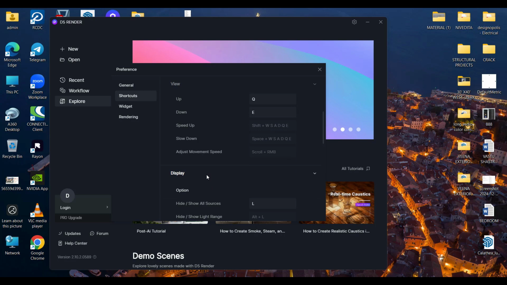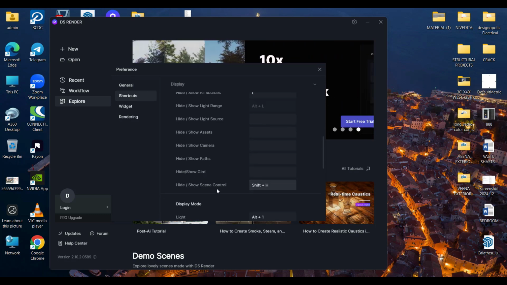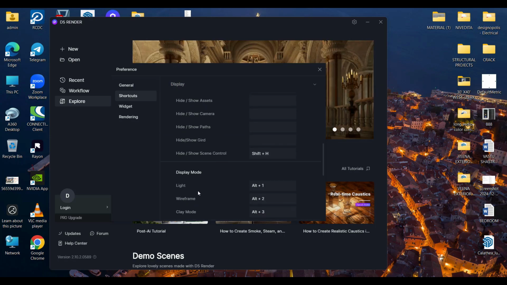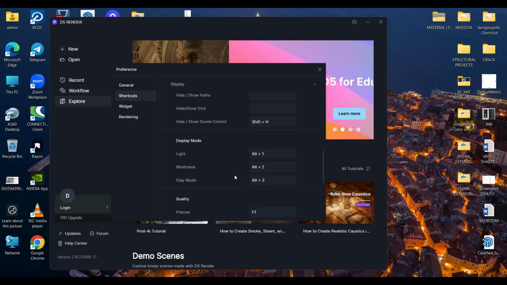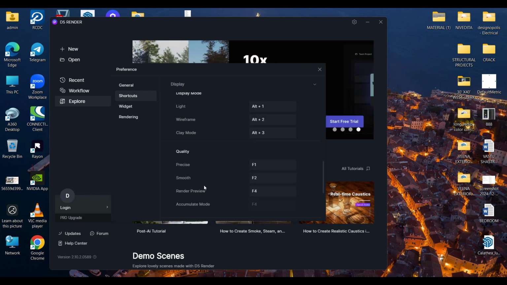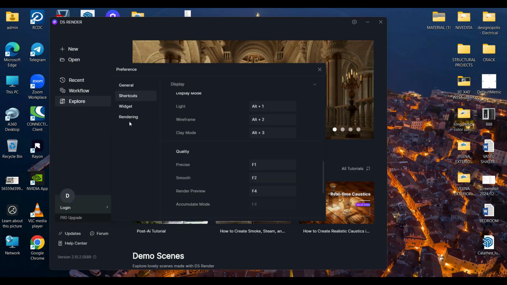You also get display shortcuts: L to hide and Shift+H to show the hidden. Then light is Alt+1, wireframe mode Alt+2, and clay mode Alt+3. For quality, precise is F1, smooth is F2, render preview, like this.